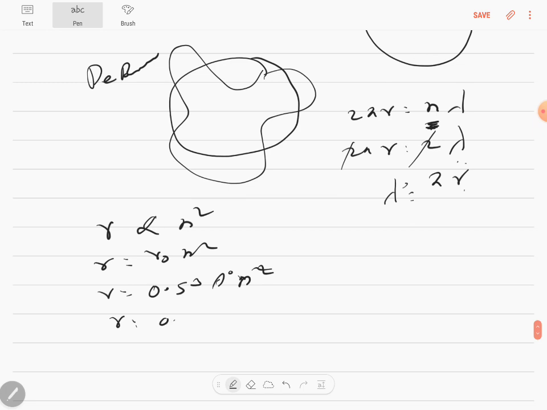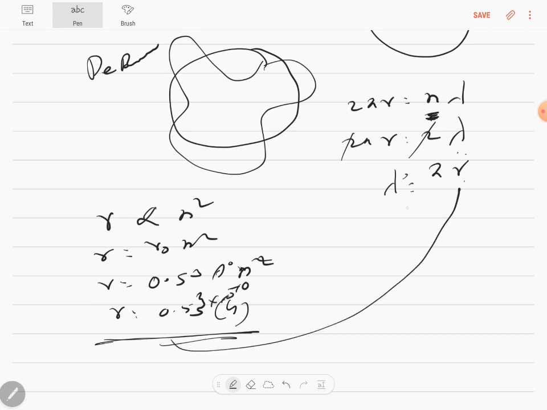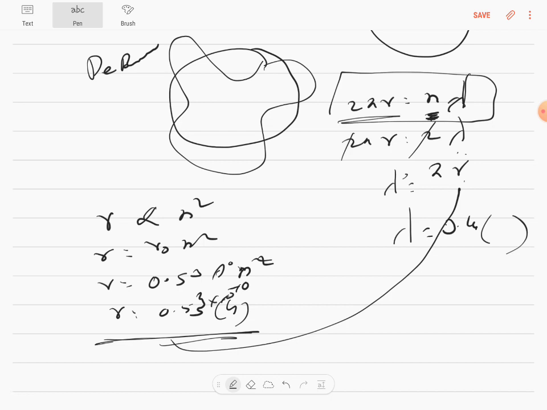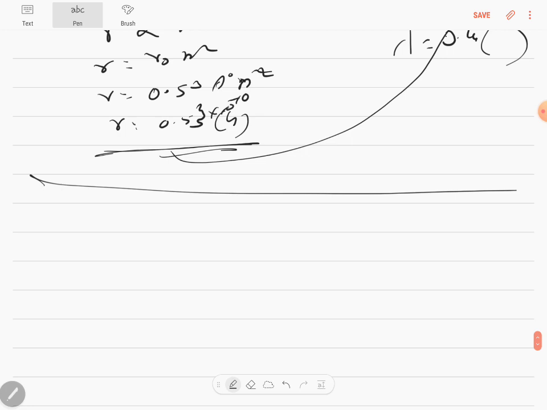So r is equal to 0.53 into n square, which is 4 here, with which you can find r into 10 to the power minus 10, of course. Then take it and substitute it here. Hence, you can directly multiply with 3.14. Instead of doing the energy part, this is so easy, where we are using de Broglie's hypothesis to find the wavelength of any electron if you know the radius. This is one question which we can challenge others with. By way of challenging, you will also be able to recall, and they'll also be able to remember this. So the next question is